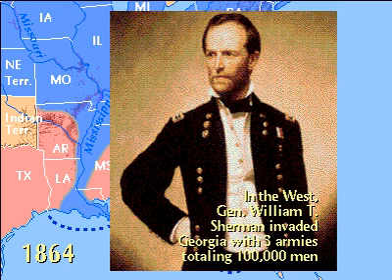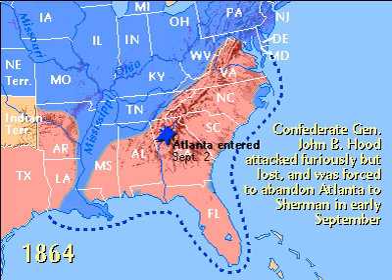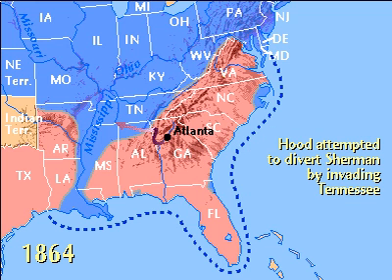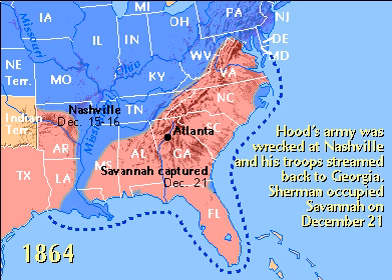In the West, General William T. Sherman, Union commander of the Western armies, invaded Georgia with 100,000 men. General Joseph Johnston engaged him with 60,000 in a fierce battle at Kennesaw Mountain, but finally retreated to Atlanta's defenses. Johnston was replaced by General John Hood, a gallant but reckless officer who was soon forced to abandon Atlanta to Sherman in September. Hood then invaded Tennessee, hoping to divert Sherman north. Though Hood won a costly battle at Franklin, Sherman ignored him and marched through Georgia virtually unopposed, cutting a swath of destruction to the sea. Hood's army was finally wrecked at Nashville, while Sherman occupied Savannah on December 21st.